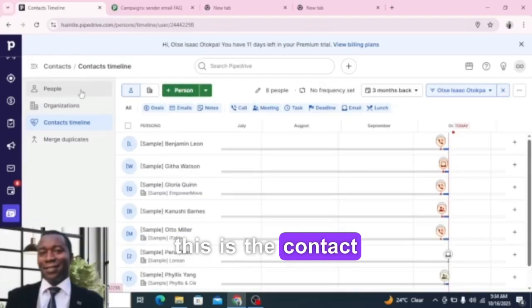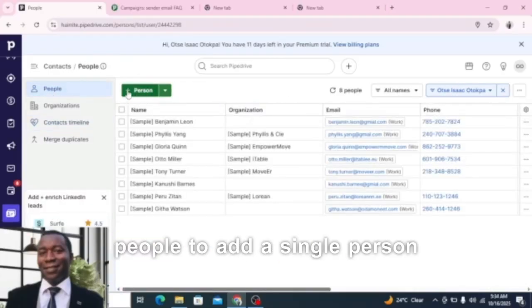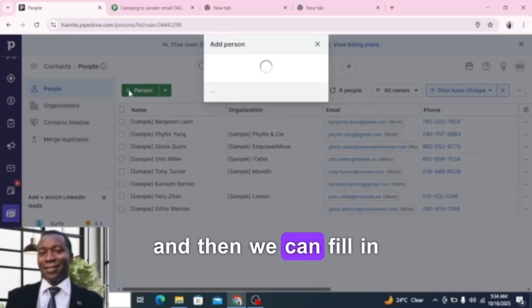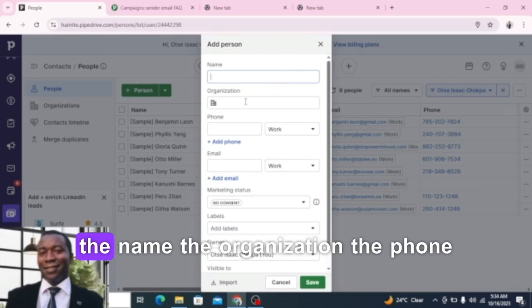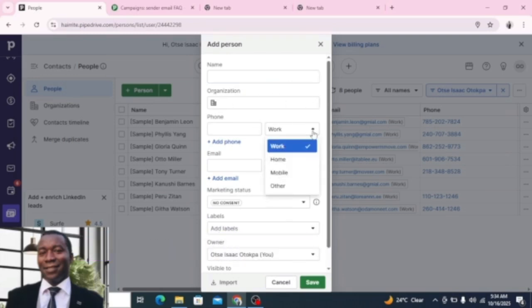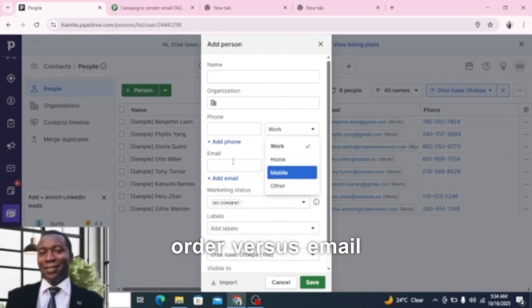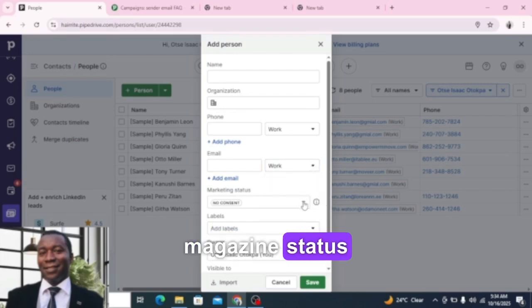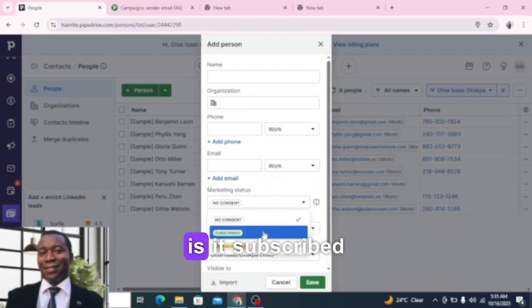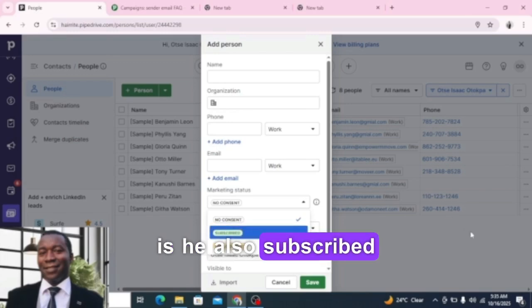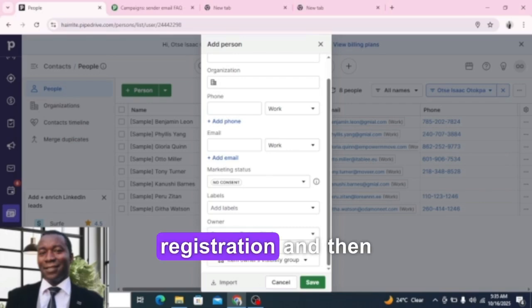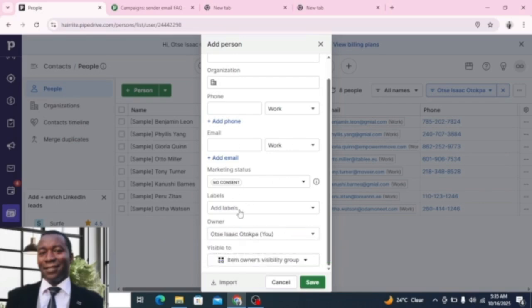This is the contacts timeline. People. To add a single person, click on this plus sign on this green rectangle, and then we can fill in a person's personal details, the name, the organization, the phone number, whether work, home, mobile, or other, the person's email, whether work, home, or other, marketing status, is it no consent, is it subscribed, is he or she unsubscribed. Then the owner is the agent who is handling the registration, and then how many people will this be